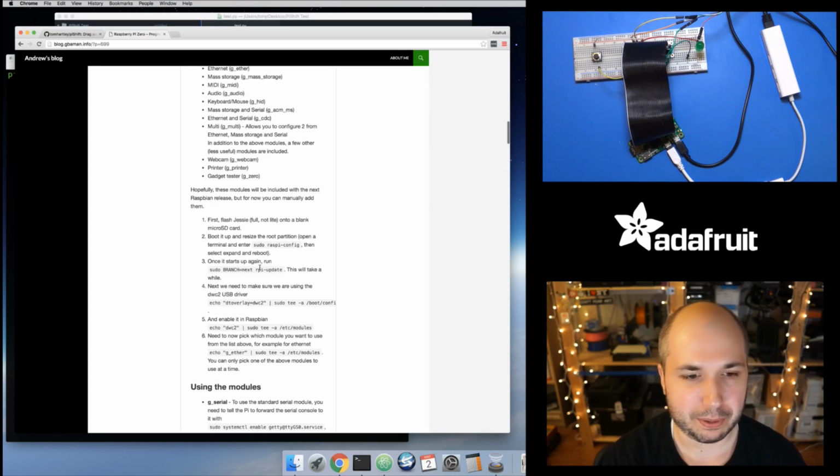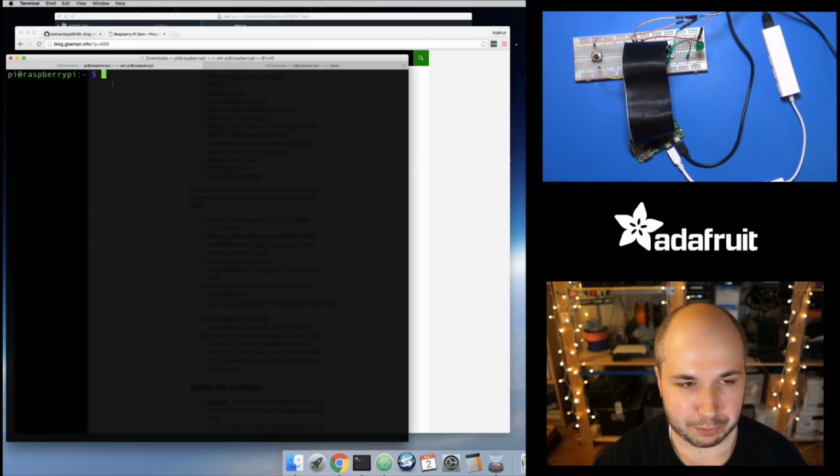There's more stuff compiled into it. And so you just want to go into your Pi, and after you've resized it, run that sudo BRANCH=next rpi-update command. Now, I'm not going to run it right now. I've actually already run it on this Pi because it takes about 5-10 minutes. It's going to download a new kernel and load that kernel up on your Pi,